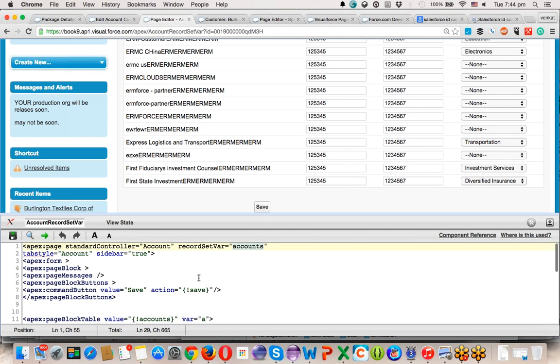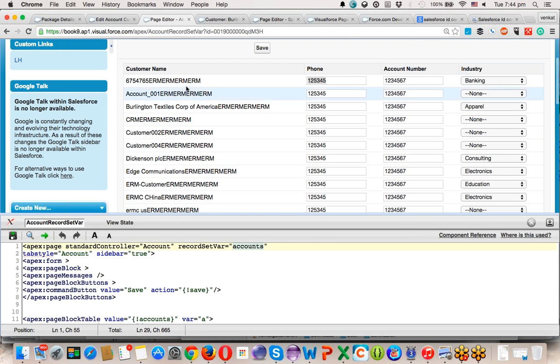But in this requirement, I have a list of accounts. There will be a number of records. Now I have to show the information in a table format, with each row being an account. This is an account, this is a different account, this is a different account. The column names are fields. Customer name is a field. I am simply representing only one field name here, and all the values under that belong to different accounts. See, these are all the customer names, these are all the customer phone numbers appropriate to that. Okay,